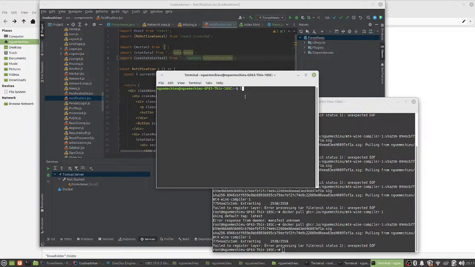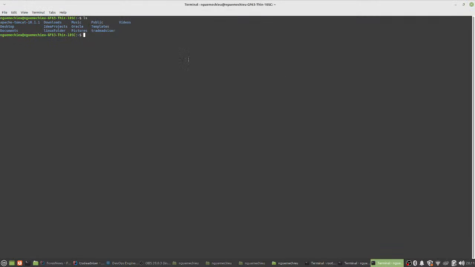Type the command ls to see the directories and folders that are inside the CLI, and then with that we just have to type this code called